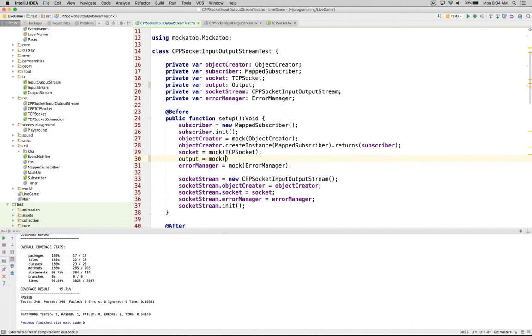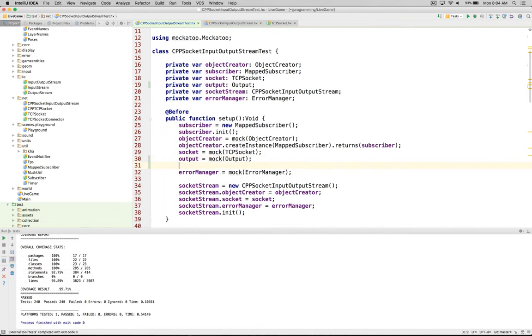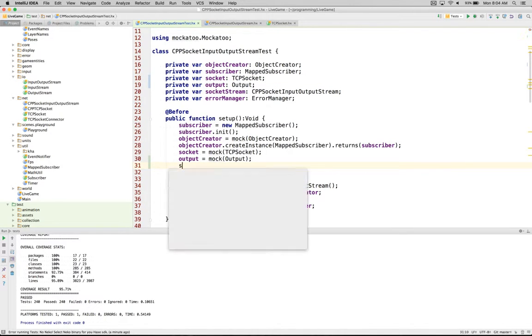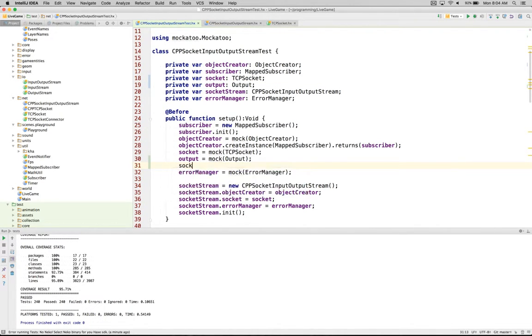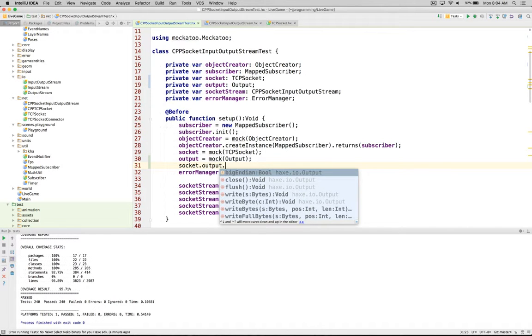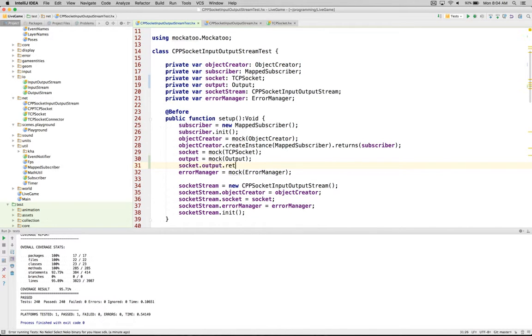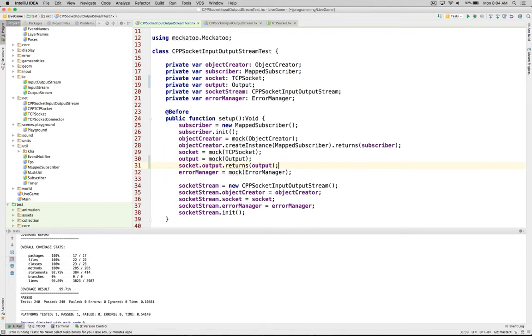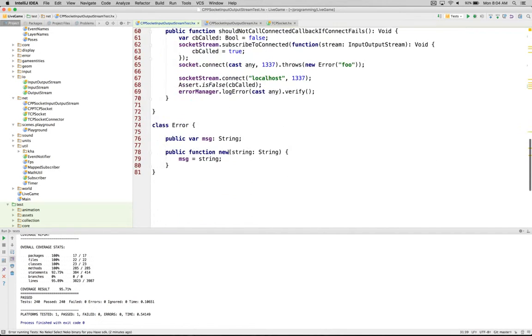Output equals mock output. And then socket, ooh, that's weird. I think my hand touched the touchpad. Socket output returns output. So now